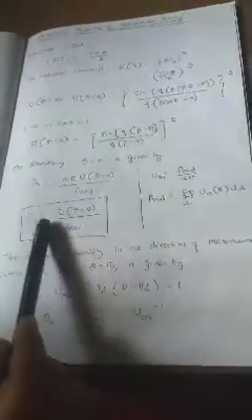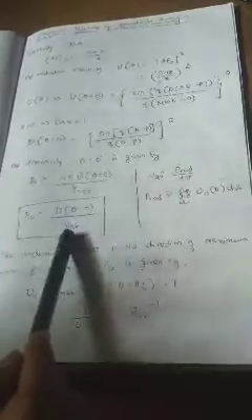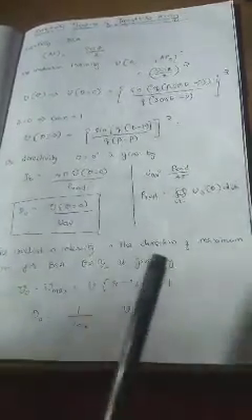The directivity formula is 4 pi U, that is radiation intensity, divided by power radiated. Power radiated divided by 4 pi is the average radiation intensity. So the directivity is the ratio of the radiation intensity at theta equal to 0 divided by U average. Clear till now? So this is the derivation for directivity.